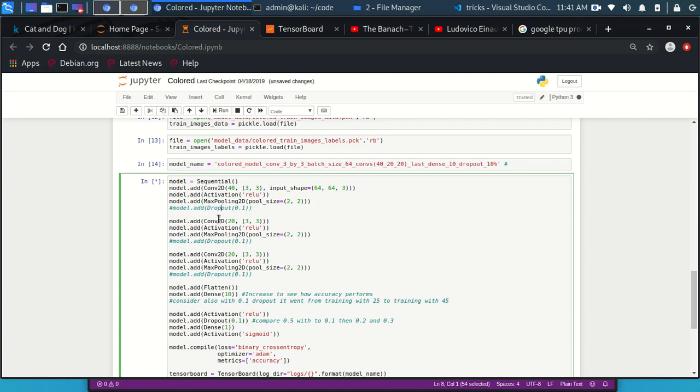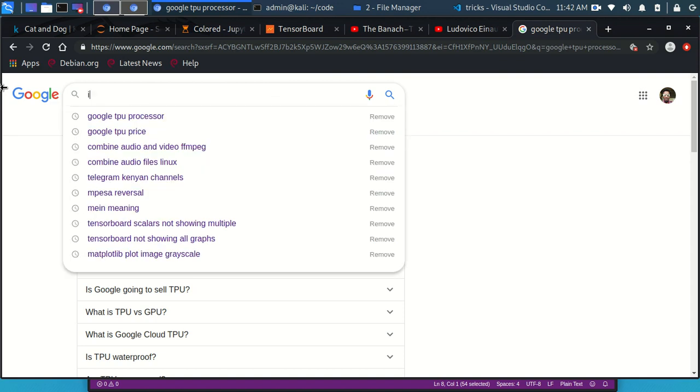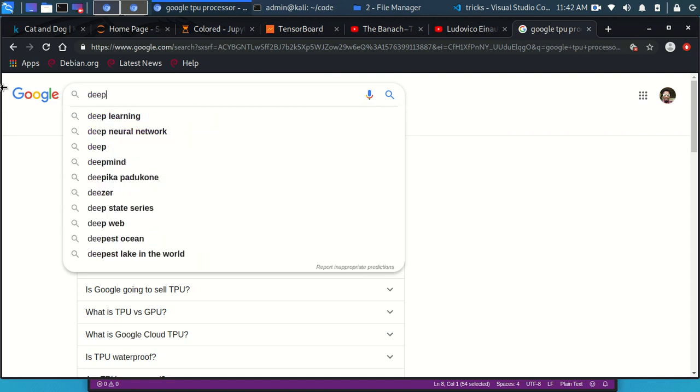So this is how I was saying you could actually have dropouts in multiple places. So you have 1, 2, 3 dropouts in between. I did try this once before, and I found that adding dropouts in between here was not increasing the accuracy. But if you were to do some research on how deep learning models look,